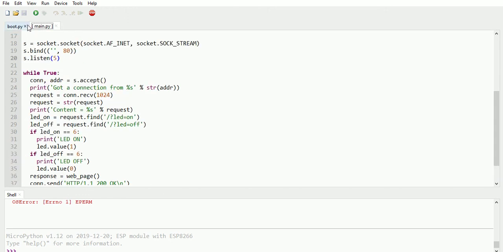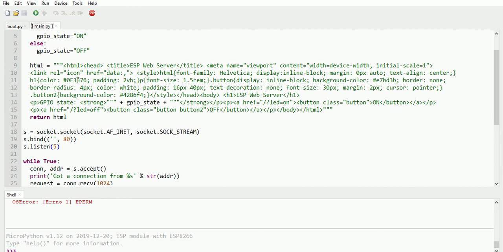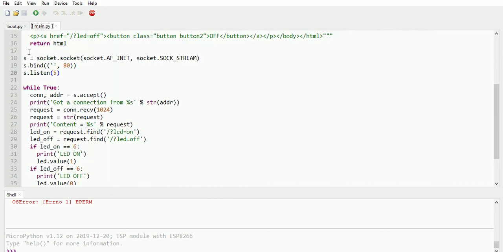And then there is the main.py file, which has basically the HTML page, a function called web page, which calls for the HTML page with the GPIO state. It binds the IP address and the socket number, and it tries to listen continuously over its port to see if there is any connection being requested.